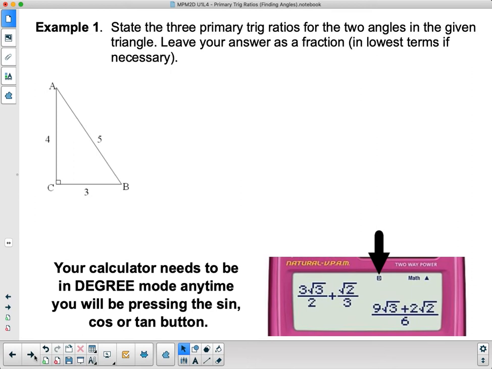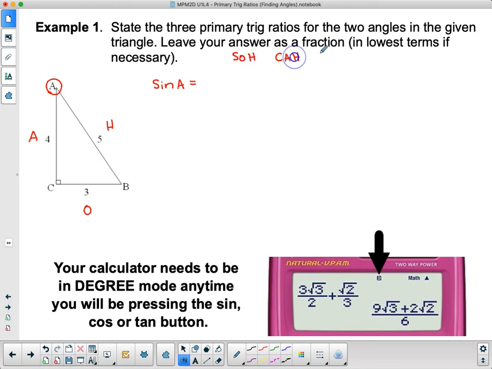Now we're going to start just by stating those primary trig ratios. Here it says state the three primary trig ratios for the angles given in the triangle. So here's how we're going to state that. I'm going to find the sine of angle A. If we're looking at angle A to start with, I'm going to identify the other sides. This is the opposite side. The hypotenuse is always easy, and the adjacent is the other one. So the sine of angle A, remember,